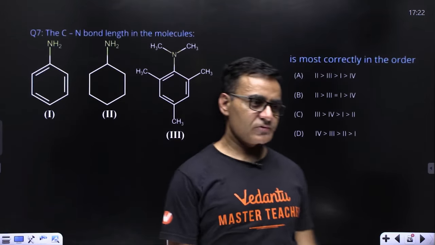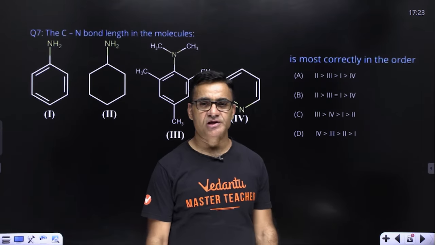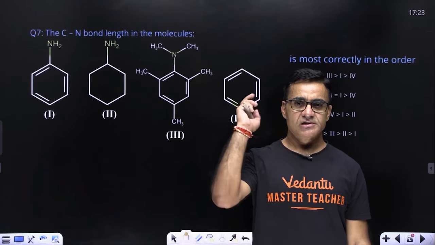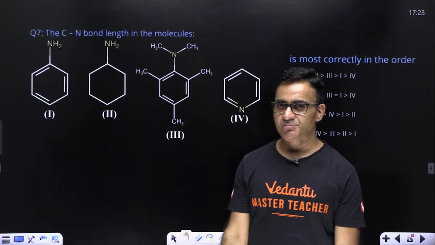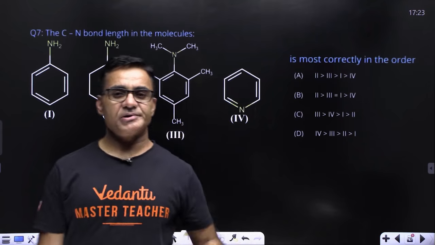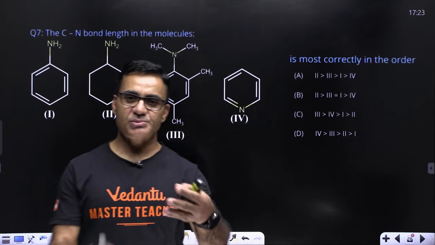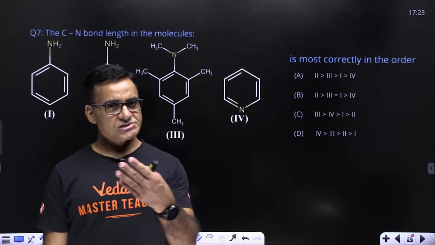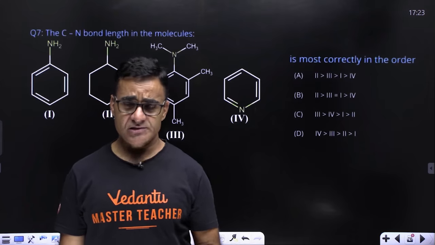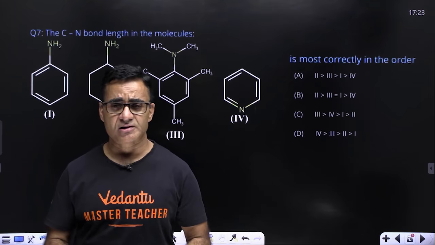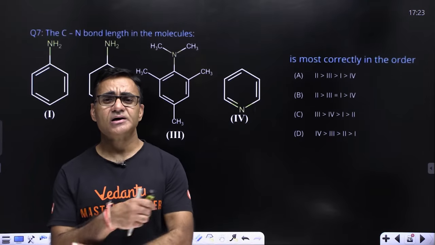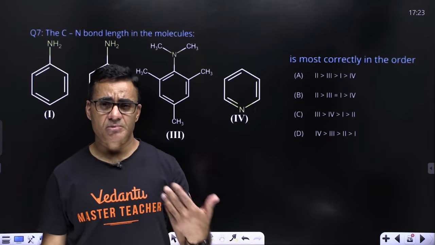Another beautiful question of general organic chemistry, जहां पे कार्बन नाइट्रोजन की बॉन्ड लेंथ का कंपैरिजन दिया हुआ है। आपको आइडेंटिफाई करना है कि कौन सा करेक्ट कंपैरिजन है कार्बन नाइट्रोजन के बॉन्ड लेंथ में। तो बॉन्ड लेंथ एक तो इस बात पे डिपेंड करती है कि बॉन्ड ऑर्डर कितना है, यानी ट्रिपल बॉन्ड का बॉन्ड लेंथ सबसे कम, सिंगल बॉन्ड का बॉन्ड लेंथ सबसे ज्यादा, राइट। और कई बार जब रेजोनेंस होता है तो सिंगल बॉन्ड के अंदर डबल बॉन्ड कैरेक्टर आ जाता है,